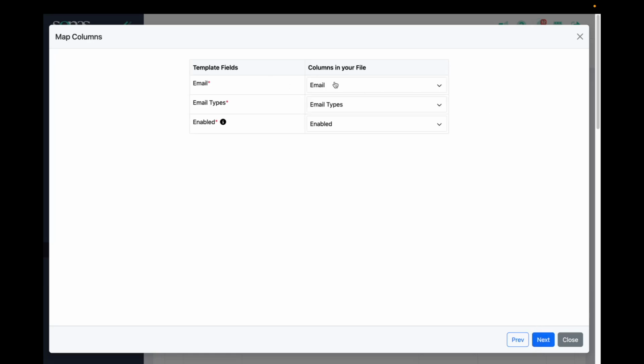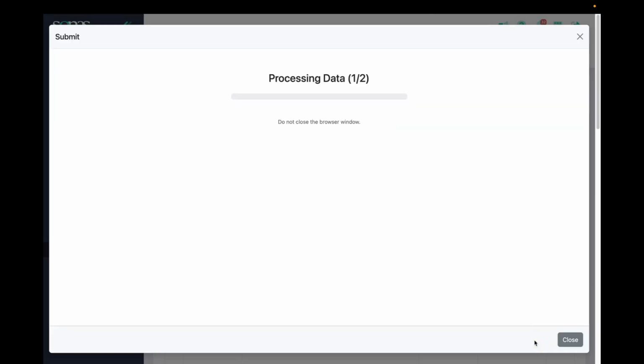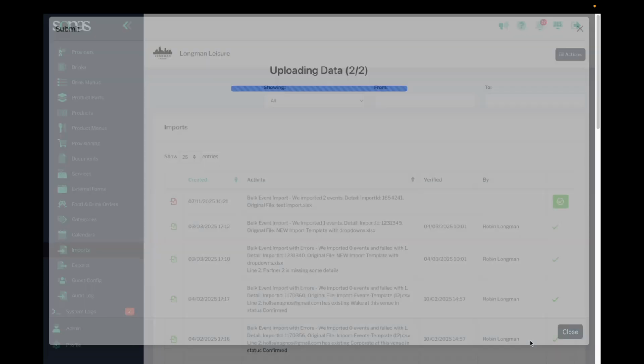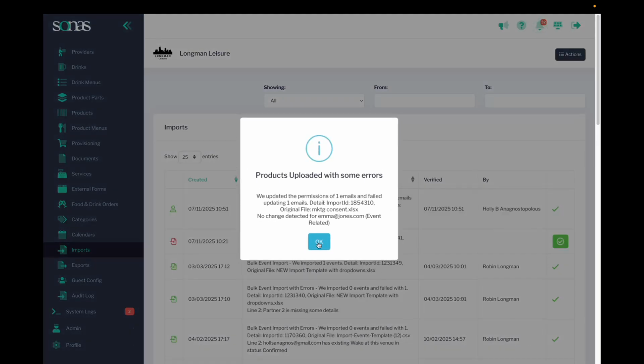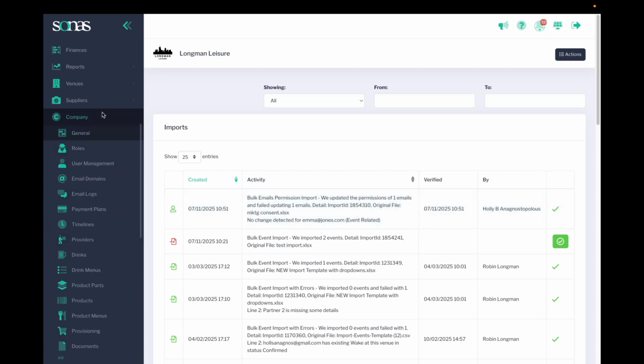Next, this is the mapping, email types enabled. Next, nothing's in red, so it's ready to go. And I'm going to submit, where it will now process. So I had a failure on the event related one because there was no change. She already had that turned on. But if I go to the Emma one,